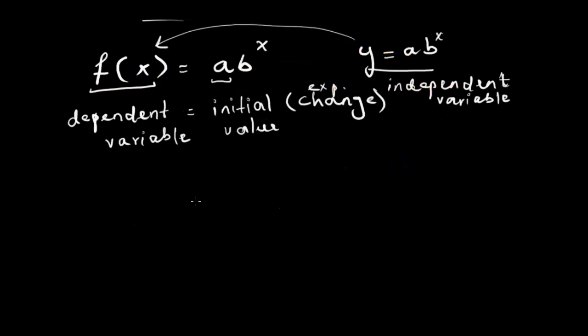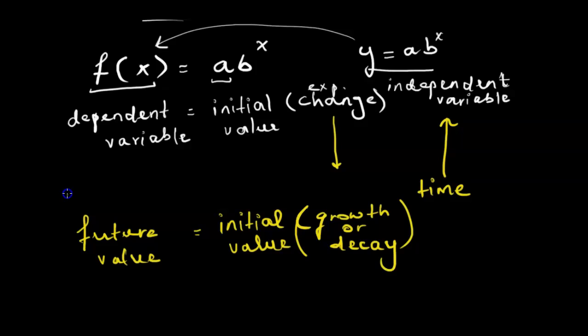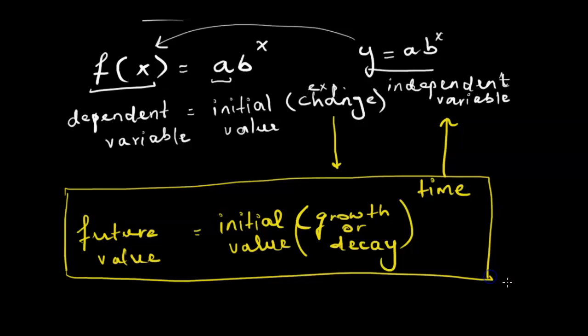As the applications that we are going to discuss would include exponential growth or exponential decay, the independent variable would be time in most of the problems. Exponential change would be either growth or decay. It's either one of these. So growth or decay will be raised to the power of time. This whole thing will be multiplied with the initial value that we start with, and the result when we solve this whole exponential equation is the dependent variable, and this dependent variable will be the future value. So this is going to be the general look of a problem that is part of exponential functions.